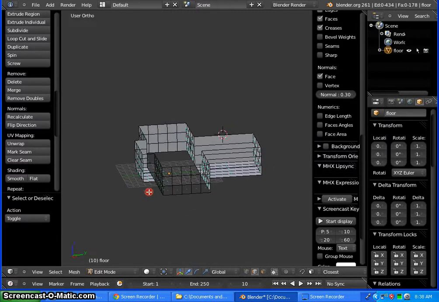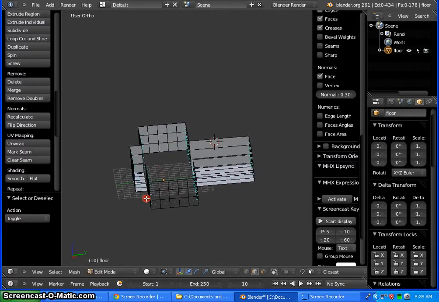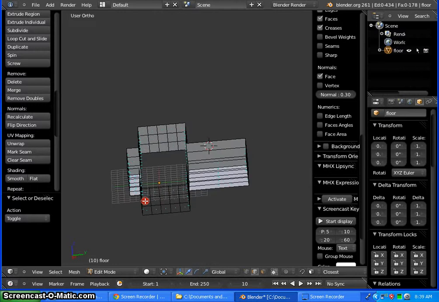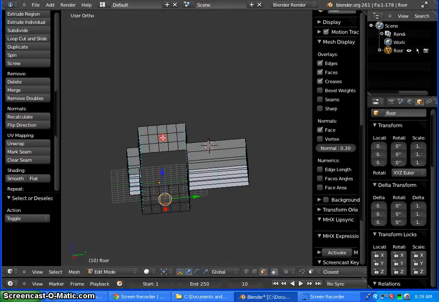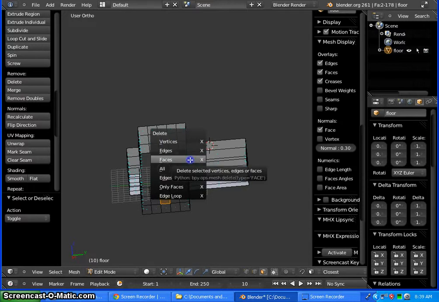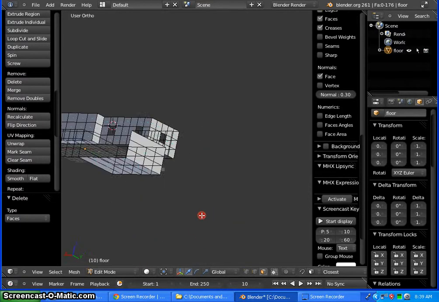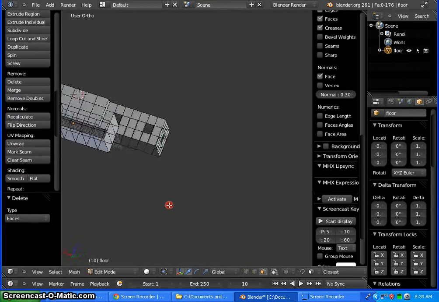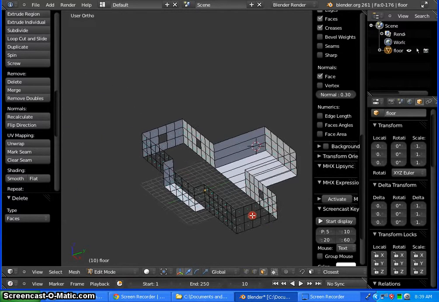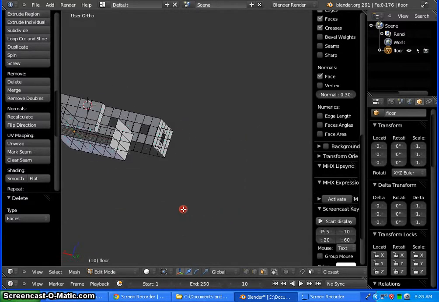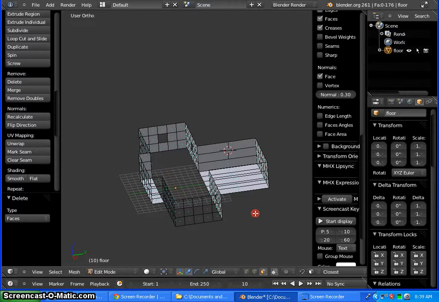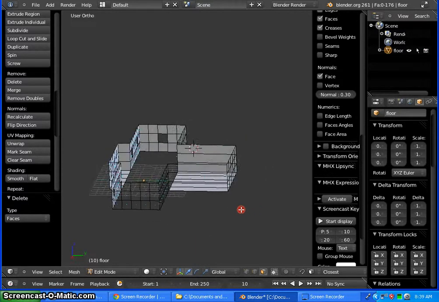Okay, so go ahead. And the one we want to delete, you can delete the middle one. You can delete whichever one you want. I'm going to go ahead and delete the middle one here. On both of them. Delete those faces. And now we have windows on the side as well. See if they're about the right size. And it looks a little